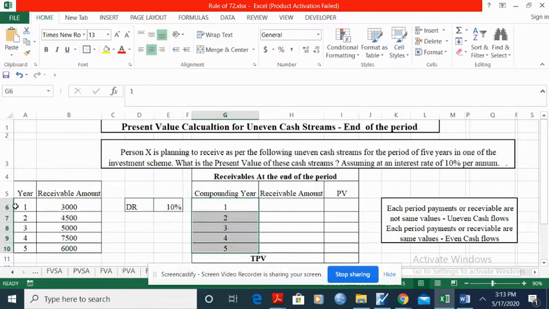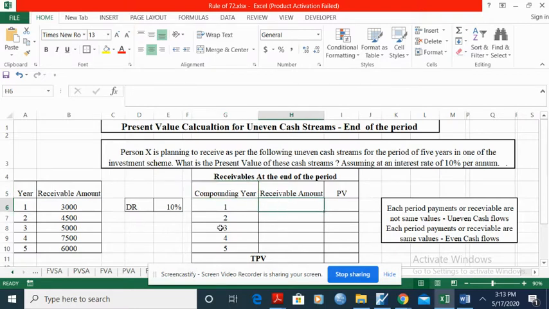So what is the compounding period and the number of years? Here we assume that all the cash streams are happening at the end of each year. So 6000 rupees he is receiving at the end of the fifth year, so the period is also fifth year. Because as on today means the zeroth period, we are calculating the present value. Suppose 3000 rupees he is receiving at the end of the first year, that is a 1 year period. It's not really compounding here, but we are calculating the number of years difference.